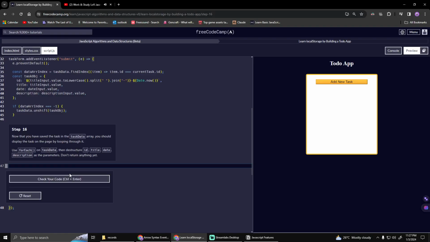It says here, now that you have saved the task in the task data array, you should display the task on the page by looping through it. Use forEach on task data and then this structure, ID, title, date, description as the parameters, and don't return anything yet. So we first have to call our array